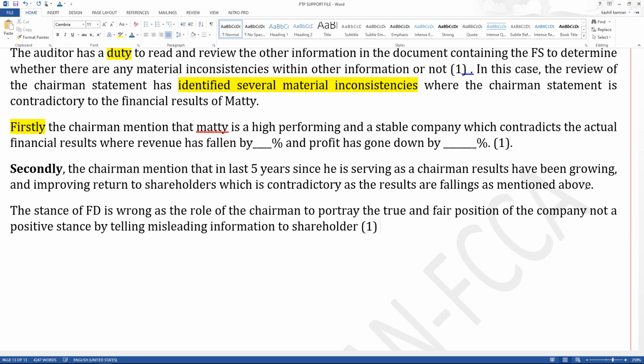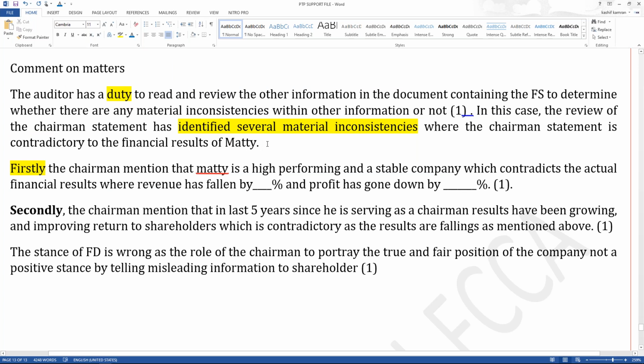Now see, over here we commented on the matter by taking the information from the case study. We didn't have the approach of materiality, treatment, risk and impact, right? So are you finding this 1 mark every paragraph? So we had a 5 mark situation. We almost took 5 marks from the comment on matters. Even if you comment less, you need to write evidence after. So I've given you maximum 5 marks on comment on the matters, but you need to write evidence as